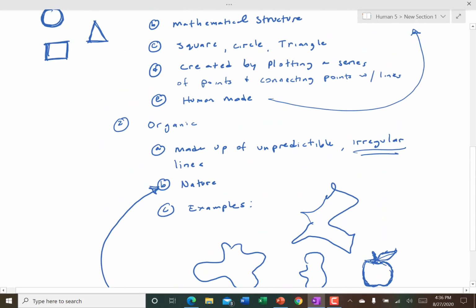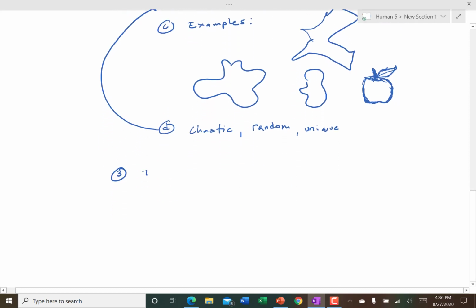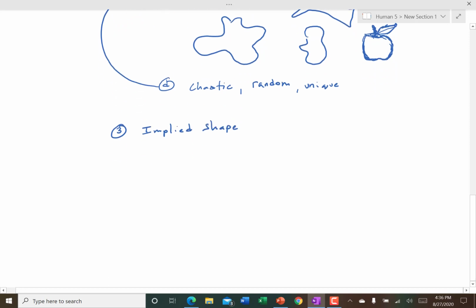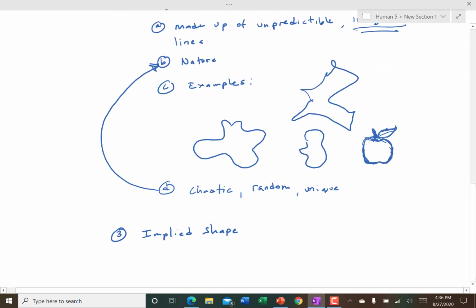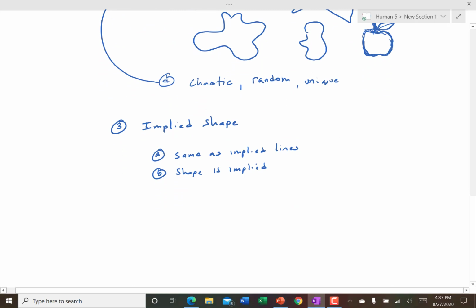Where we talked about you're plotting a series of points and connecting them with lines. In geometric, you're connecting them with regular lines. In organic, you're connecting them with irregular lines. And then you have implied shape. And this too should now sound familiar, because it's the same as implied lines, right? The shape is implied, but not used, not created